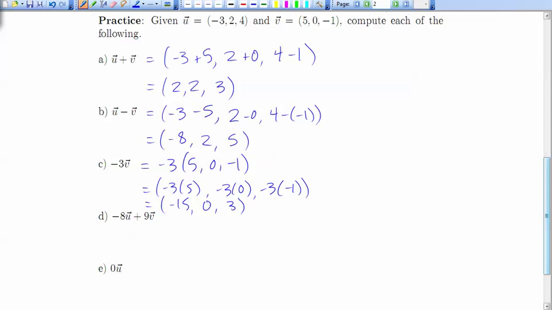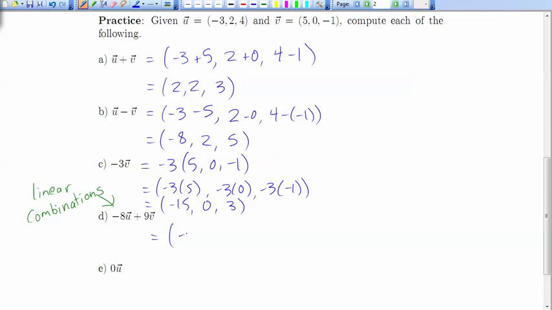Now, we can combine these things together, and we create something called a linear combination. We're not going to talk too much about that in this class, but in your linear algebra courses, you're going to talk a bit about linear combinations. It's just a fancy word for saying we're taking scalar multiples of our various vectors and then adding up the results. So if I do negative 8 times u,